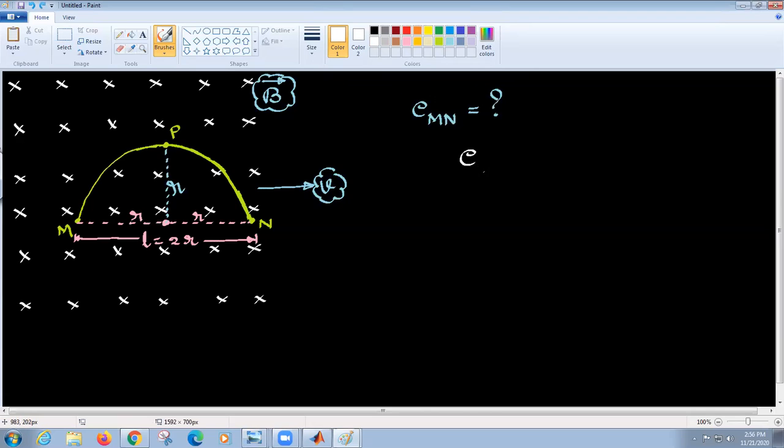What I mean is you have your magnetic induction. The direction of the magnetic field is into the board. What do I mean by this?